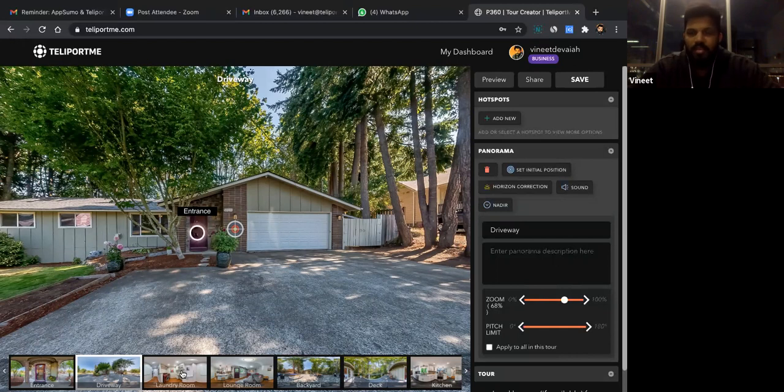We have customers that use this for museums, and for showrooms. We have SuperDrive, which is a massive retail store that uses our product, and they use it for basically showing different